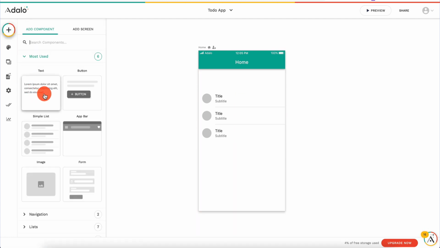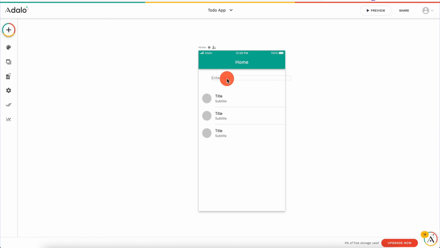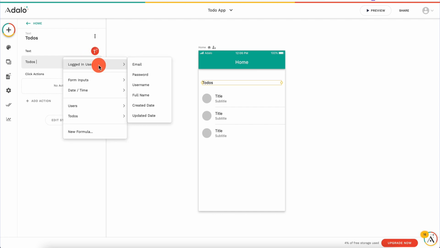We are going to add another component. And so the component we're going to add is a text. And this text is going to say, to-dos. To-dos here, okay? And so we can have various actions. When you see this T here, this is a dynamic element. And so whenever you want to input something, you can click on this and you have access to various variables. So for instance, you can put a logged in user, if we were doing user authentication, which we're not in this example, form inputs, date, time, users, to-dos,